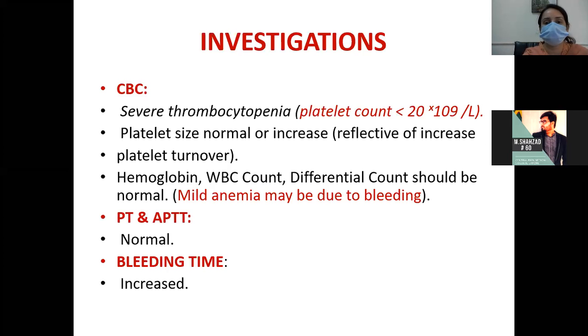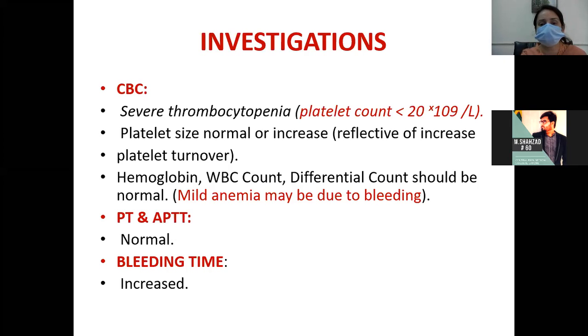So the next important thing you should remember is how will you investigate a patient who comes with these clinical manifestations, or signs and symptoms. How will you proceed, or what will be the workup for this patient? First of all, you will order the CBC, or complete blood count. In the CBC you will see there will be severe thrombocytopenia. Thrombocytopenia means the platelet count will be below normal.